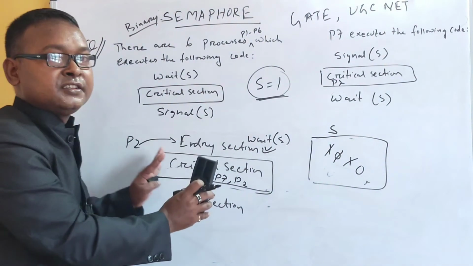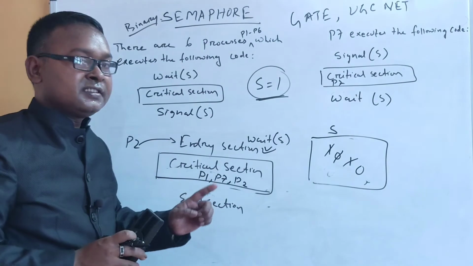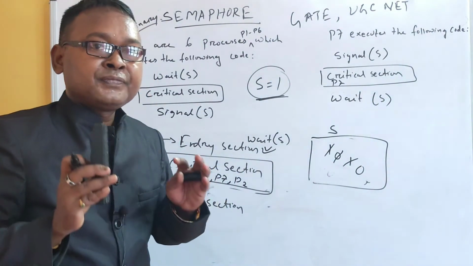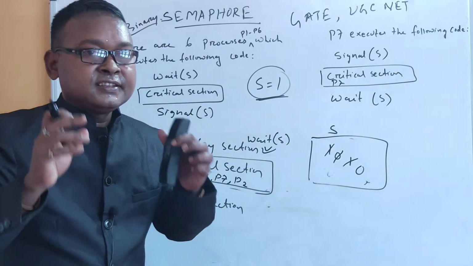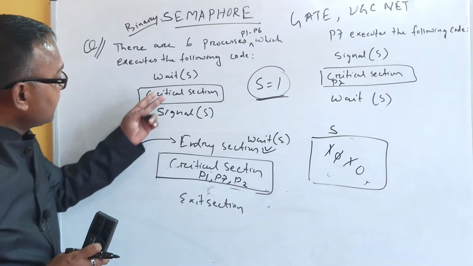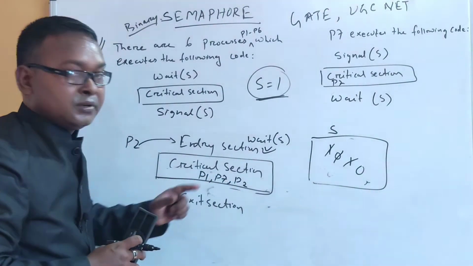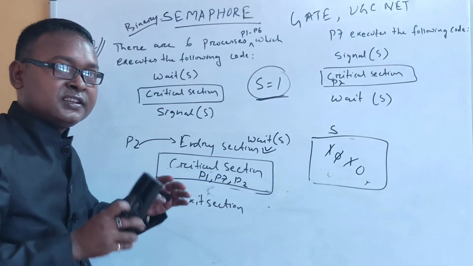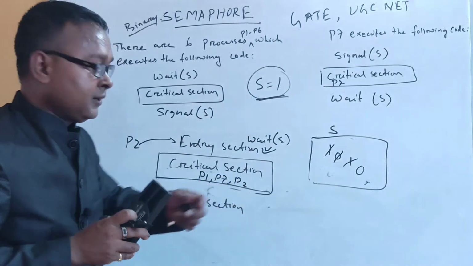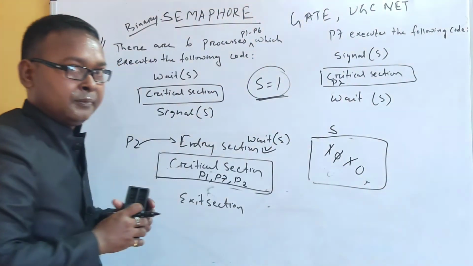So this is the final situation. What is the final situation? Only 3 processes at the maximum can enter into the critical section at a given point of time. If P1 wants to exit, it can put the signal and exit. So only 2 processes will be there. That is not the maximum. Our question is the maximum number of processes, right? So P1 wants to exit, signal, 0 to 1, it can become, right?